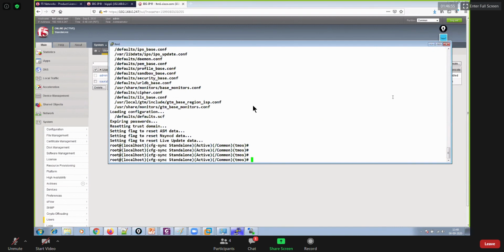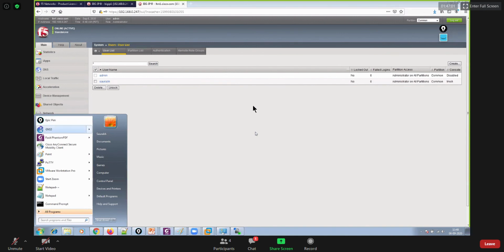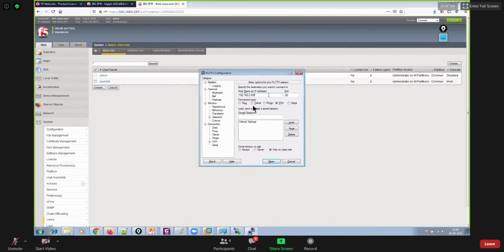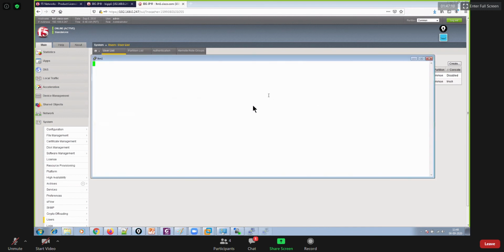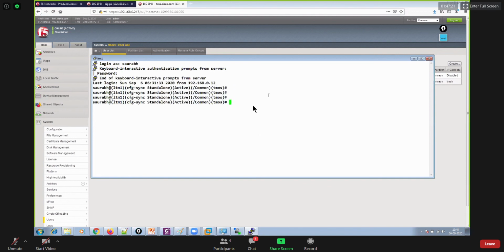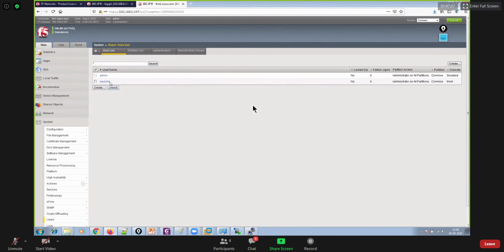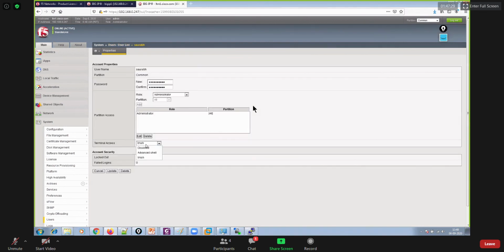So now log out from this machine using CLI, and this time I'll be taking access using my own credentials. Saurabh, iMerita@123. That's how you would log in onto your box using CLI. But I enabled TMSH here, if you remember, only TMSH. I could also say advanced shell, which will also allow me to have access to the Linux. Update.